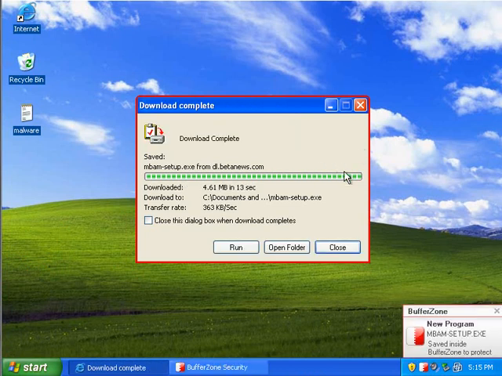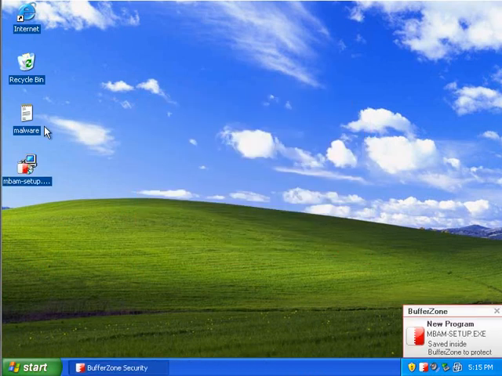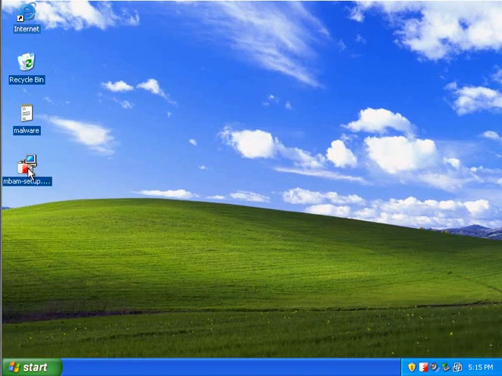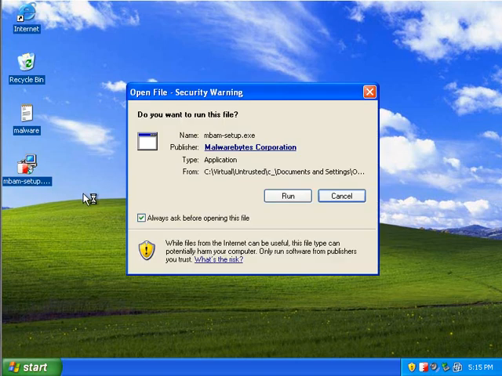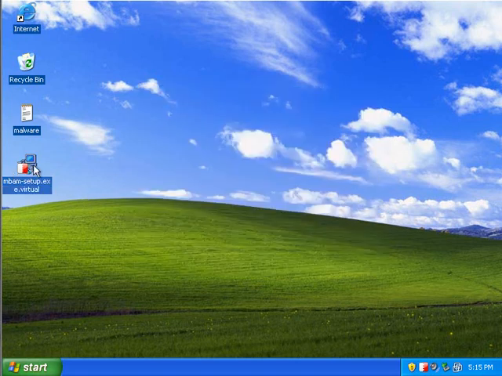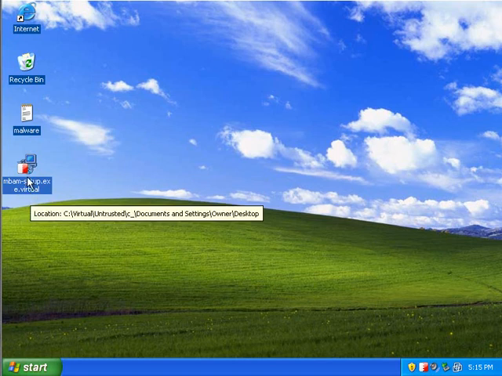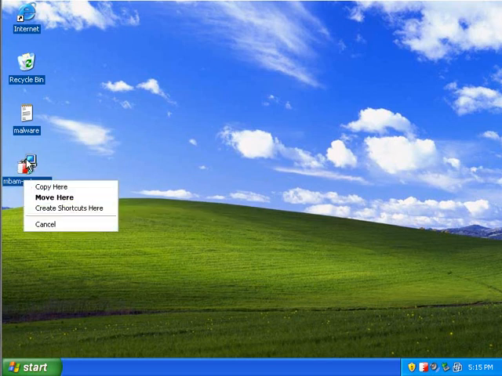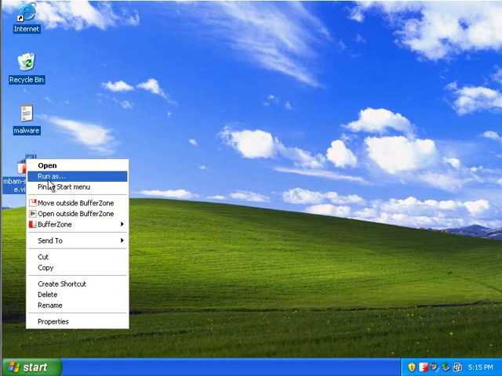Alright, so what we see here is mbam setup, which is inside the buffer zone, right? If I run this, it's going to be inside the buffer zone. I'm not going to run it. And also, buffer zone files have a .virtual at the end. So what you want to do is either open it outside the buffer zone, or I'm just going to move it outside